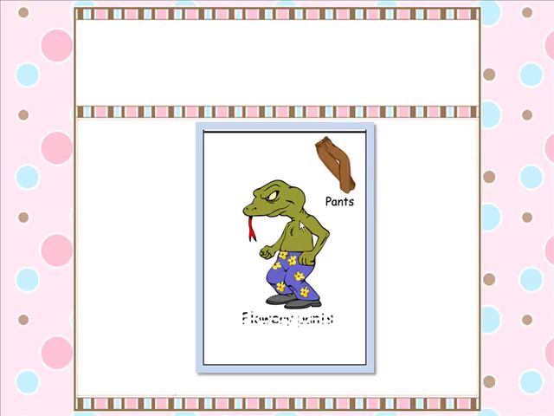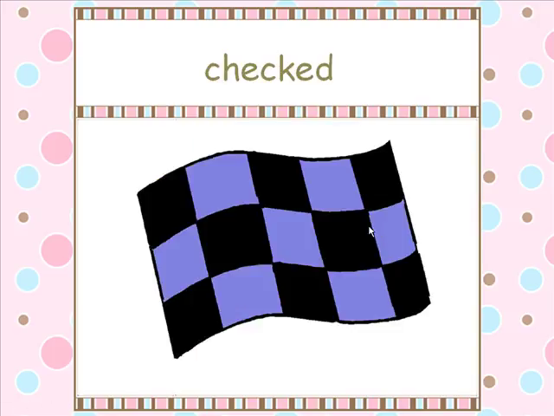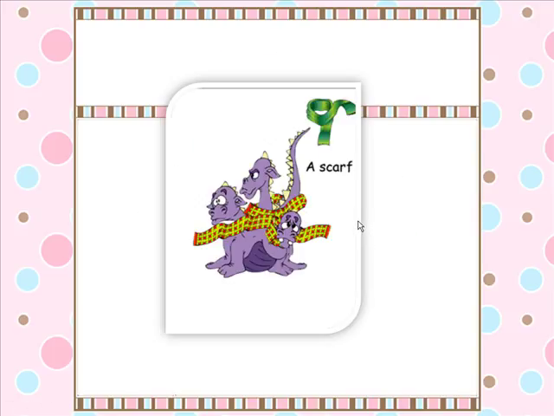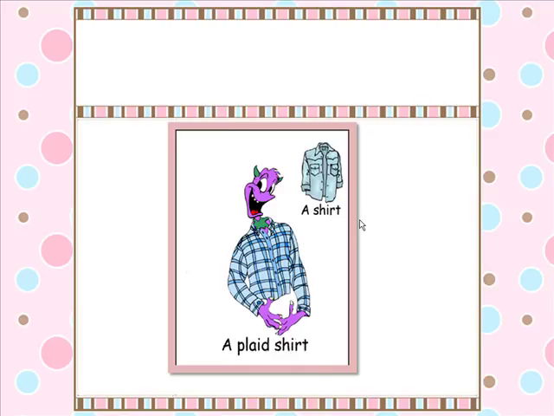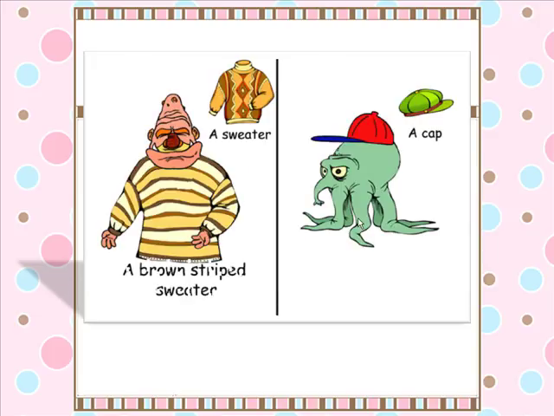And what is this dragon wearing? Flowery pants, a plaid scarf. Oops, that was a mistake there. A plaid shirt, brown striped sweater. So before I show them the words,